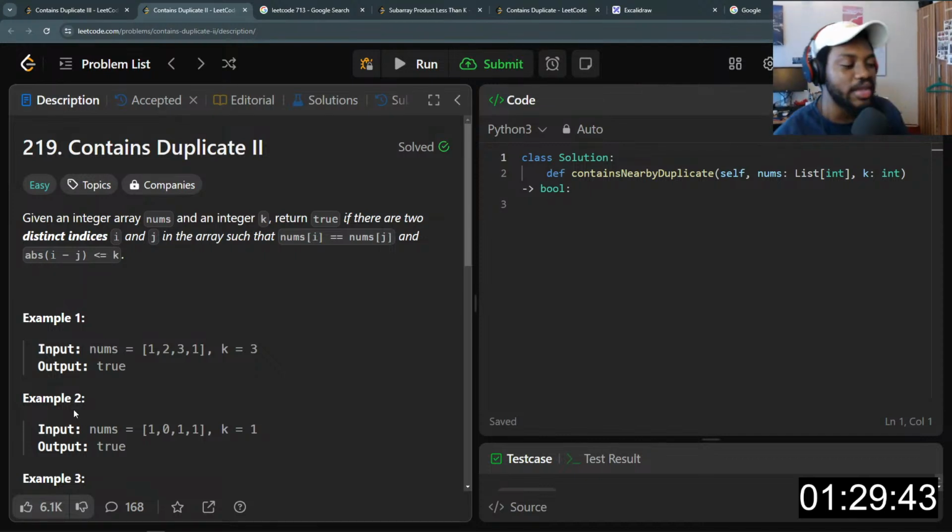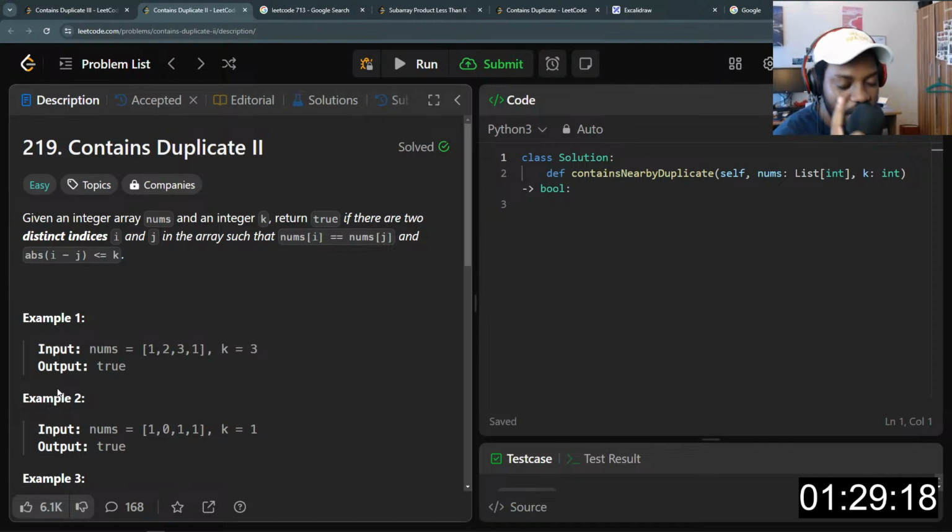So first of all, they are asking us to do two things. We want to first find out if there are any duplicates, and those duplicates have to be in separate positions, I mean distinct indices, right?